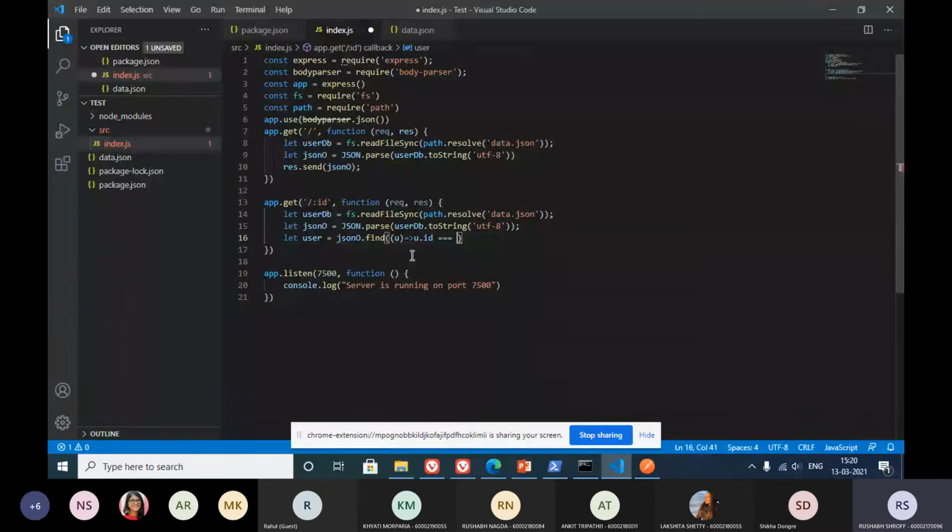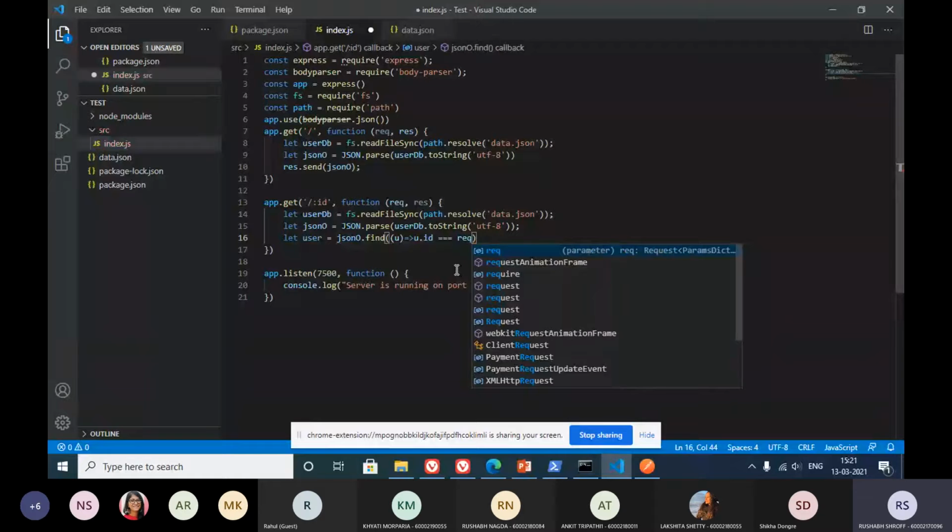JavaScript basically checks for type as well as the data, whereas when you use double equals, it only checks for equivalent value. Undefined and null are both treated as equal when you use double equals, but they are false when you use the triple equal sign. So basically we'll use the triple equals sign over here, because we know this id is going to be a string, and the parameters that we are going to receive are also in the form of string.